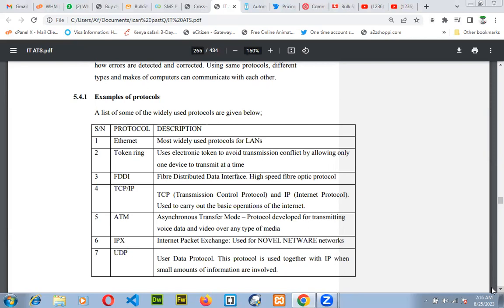We have the token ring, which uses an electronic token to avoid transmission conflicts by allowing only one device to transmit at a time. We have the FDDI, the Fiber Distributed Data Interface for fiber networks, a high-speed fiber optics protocol. We have TCP/IP. TCP is Transmission Control Protocol. IP is Internet Protocol. We have the ATM. This is under protocol, not the ATM machine. The ATM is the Asynchronous Transfer Mode protocol developed for transmitting voice, data, and video over a type of